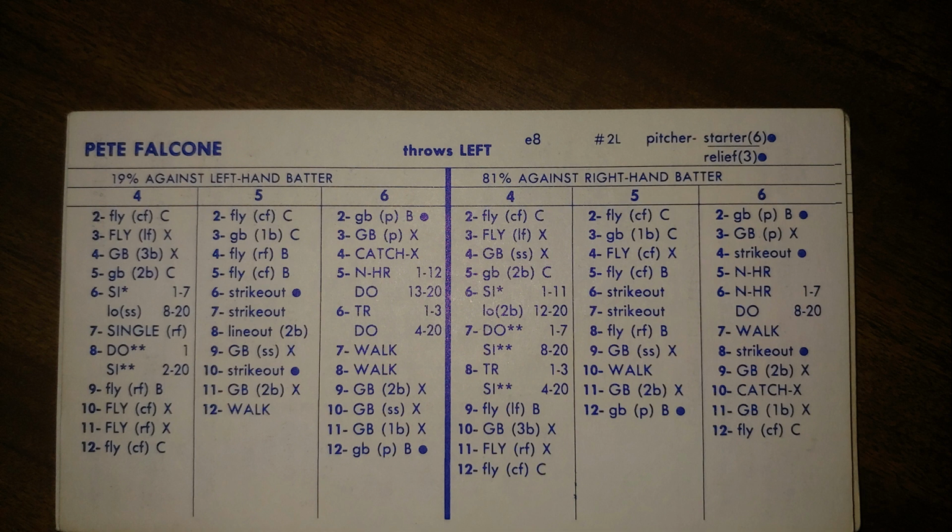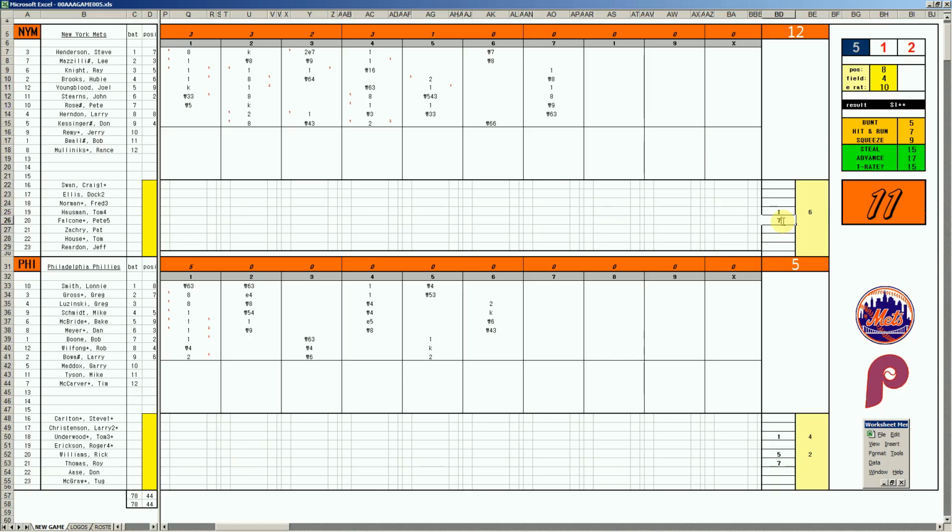Oh, Pete Falcone here in the 7th inning. They acquired him, and they're going to bump him up to his 81 rating. He's pretty good, though this is a 79. He's 6-14 with a 4.16 ERA. He should be in the rotation, but he's the number 5 starter. But they had a day off in there, so they can use him in the bullpen for a little bit longer. He comes in the 7th inning